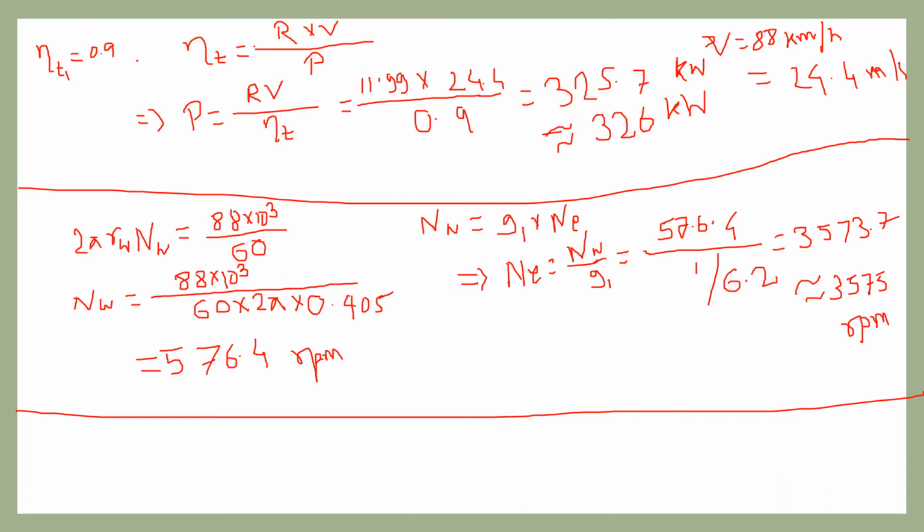Now the third question is to find the maximum grade the truck can negotiate at the above RPM in the second gear. So here we need to find the velocity in the second gear. The relation between the velocity and the gear is V2 equals V1 into G1 into G2. Here V1 means 88, G1 means 6.2, and G2 means 15. So from that equation we get 88 into 6.2 divided by 15